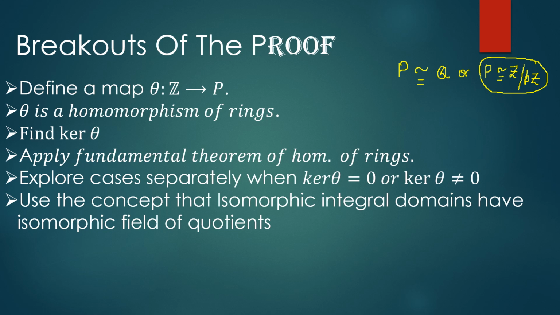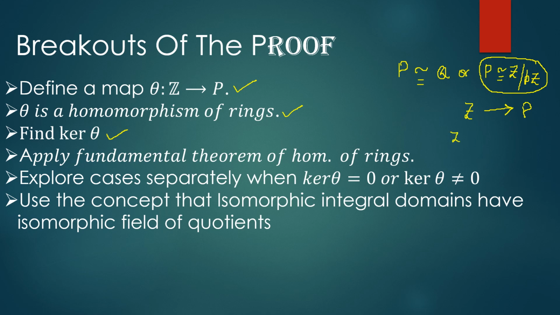then it gives you the idea that first we have to define a map from Z to P. So the first step will be to define a map from Z to P, the set of integers to the prime field P. Second, we will prove that this map is a homomorphism of rings. Okay, then you have to find out the kernel of this map,